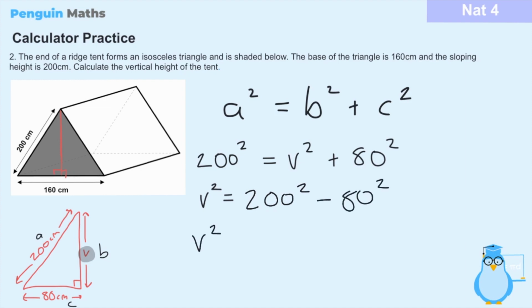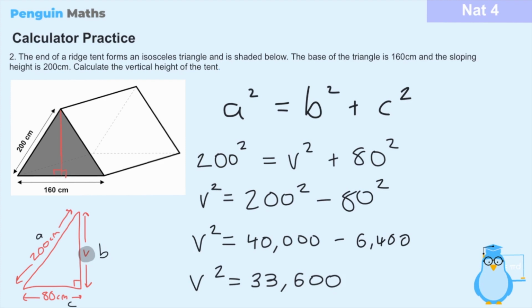And then if we do this in our calculator, 200 squared is equal to 40,000 and 80 squared is equal to 6,400. And then if we take both of these values away from each other, we will be left with 33,600. And then to get V, what we have to do is take the square root of that quantity,